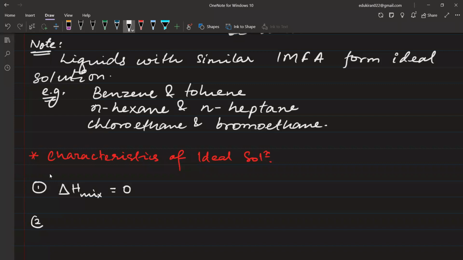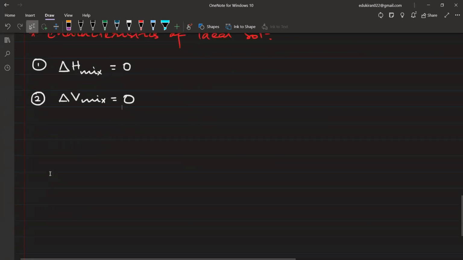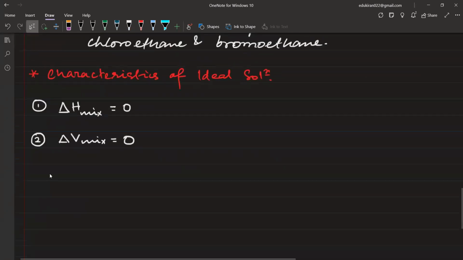Second, if the forces of attraction are the same, the molecules will be occupying the same space. Molecules will neither be far apart from each other, nor will they be very attracted towards each other. That is why the change in volume will also be equal to 0. The change in volume will also be equal to 0. These are the two main things. Now, moving on. Third,